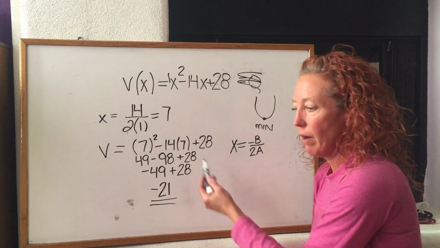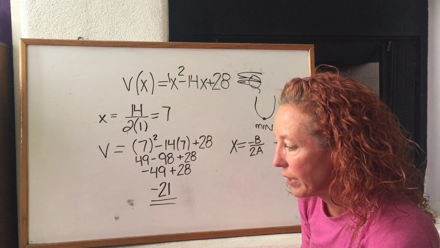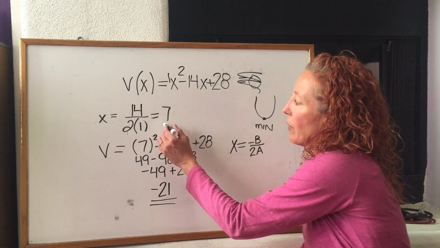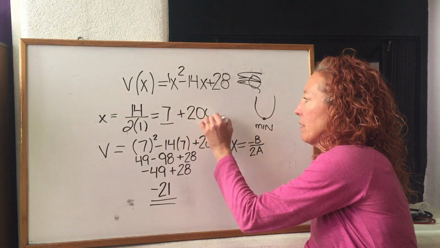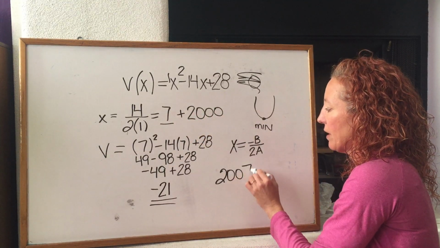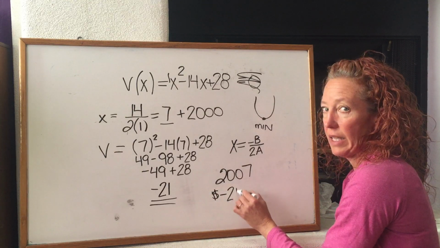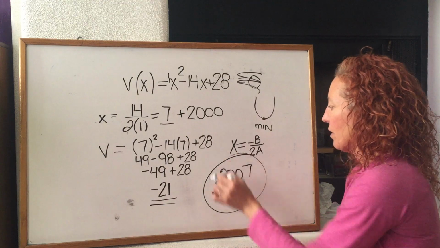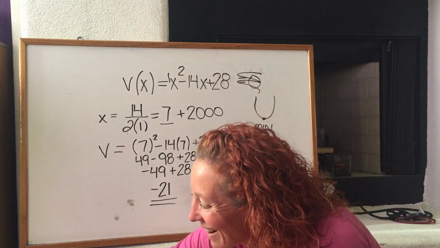So trust me there. And then it says X is the number of years after January 2007. So if I'm adding 7 to the year 2000, what year is it? It's 2007, and the value of the stock is negative $21. So that would be the answer to the question. Again, my apologies. All right,